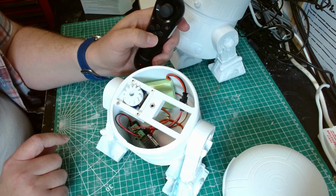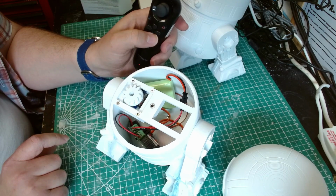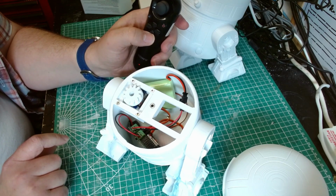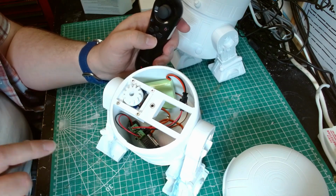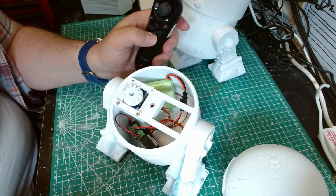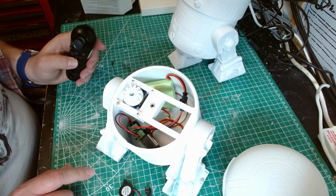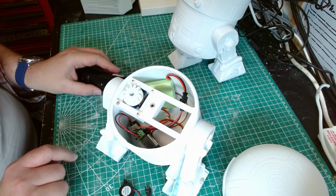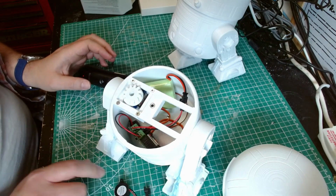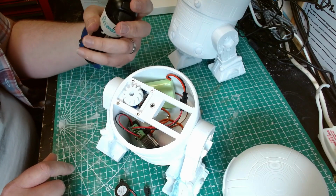But now the speaker's not brilliant, and I've got a funny feeling these are not the speakers. I don't think these are the speakers I originally bought for them. These were I bought for the PKE meter. I thought I had some other small 3-watt speakers, but I don't. So I'll order some of those and replace these speakers with those. But we'll see. Right, so, and then for the shoulder buttons,